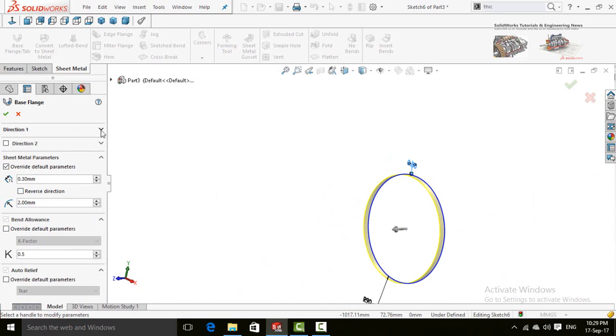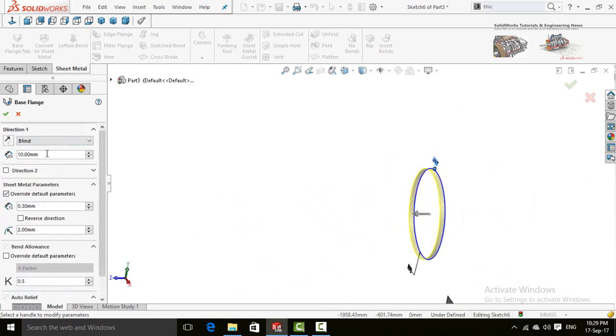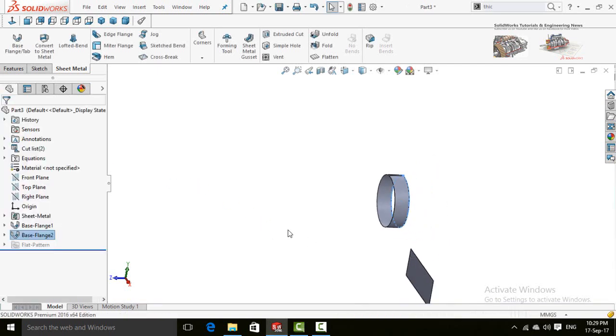Now this is the direction 1 for extrusion. By default it is 10 millimeters. You can select or type your own dimension here, and this is for direction 2. So press OK button and this command will be applied.